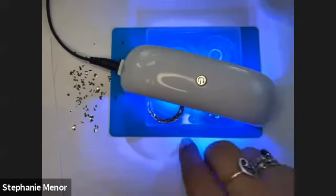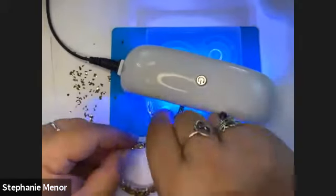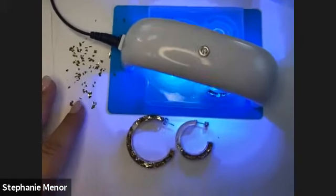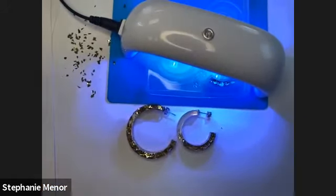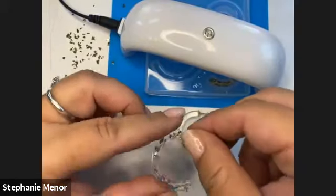Okay, so I'm gonna let that go a couple more minutes and show you, this is the large size, so you can see we're next to each other. Large and small size that comes out of this mold, and here's the stud that comes out of the mold, all right? Other options, here is a hoop earring